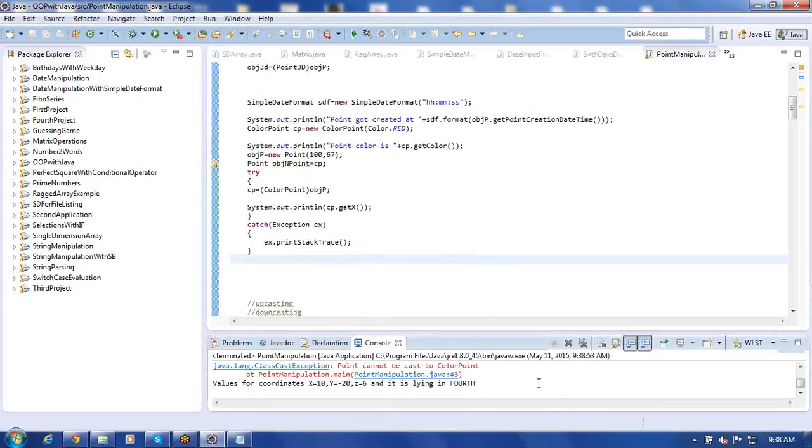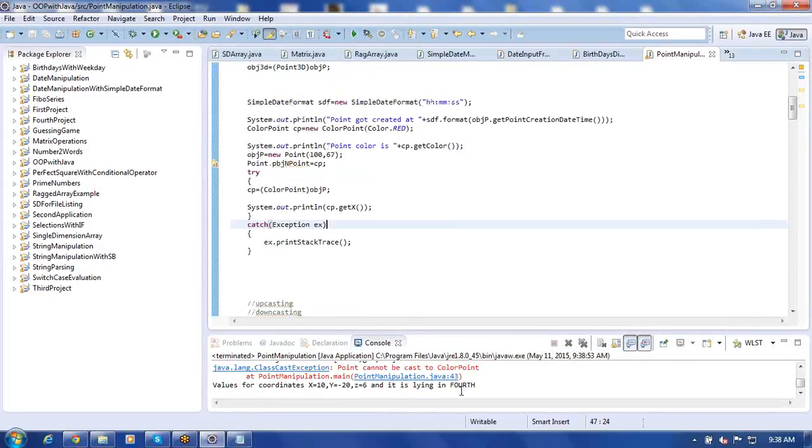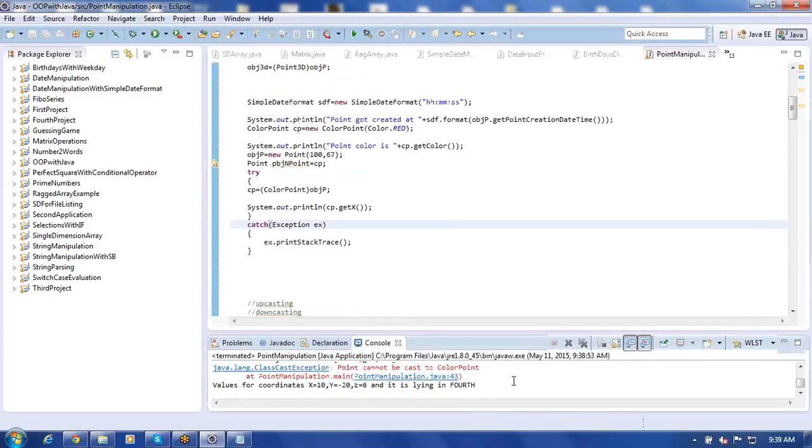It prints here. So it's saying like this. You can give the message in this manner for us. "Point cannot be cast to color point at point manipulation dot main." It's giving an error like this. So you are getting a class cast exception. Since some of the features of the color point are not part of the point object, you cannot do